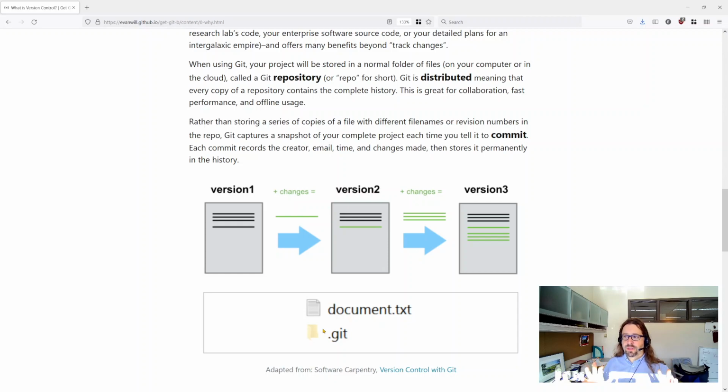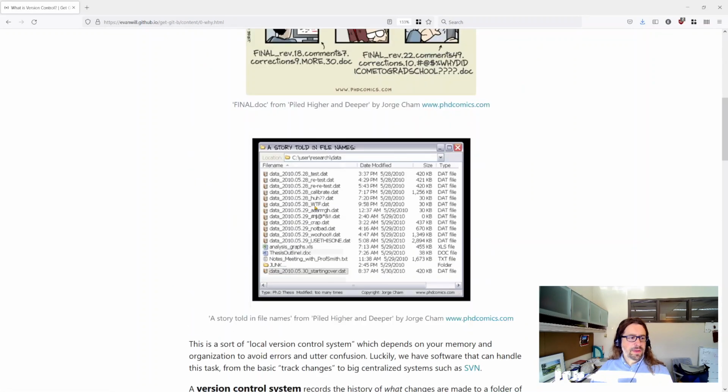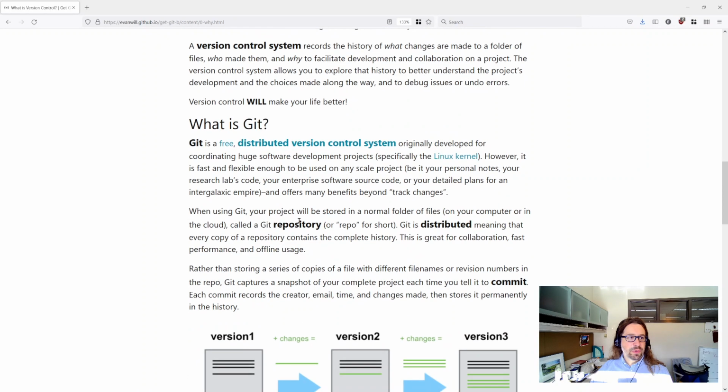You don't need a centralized server to be using Git. This is really great for collaboration, for fast performance, for the sustainability of having a copy offline on your own hardware, and not needing to ask a server every time that you want to explore the history or understand what's happening. So rather than storing this series of copies of files with different file names and revision numbers, like we were doing up here, where this folder gets bigger and bigger as we add more and more revisions in it,